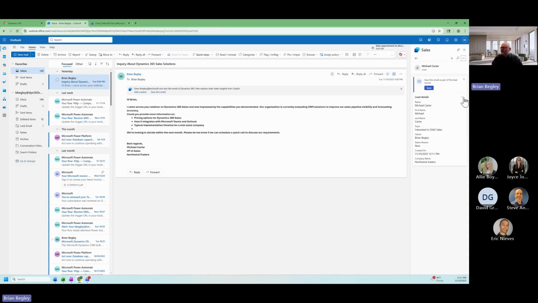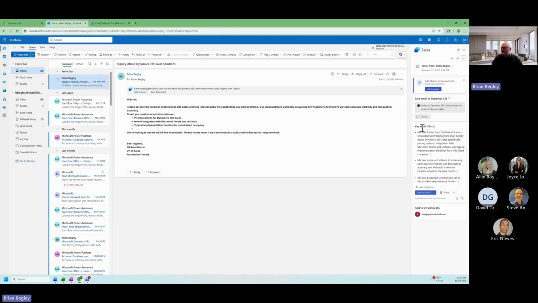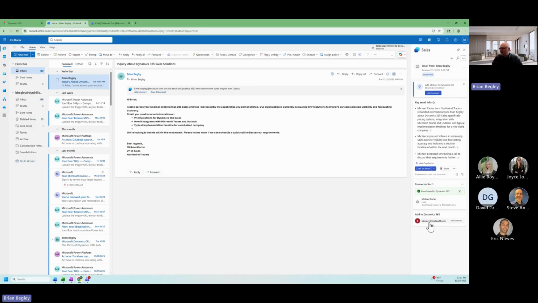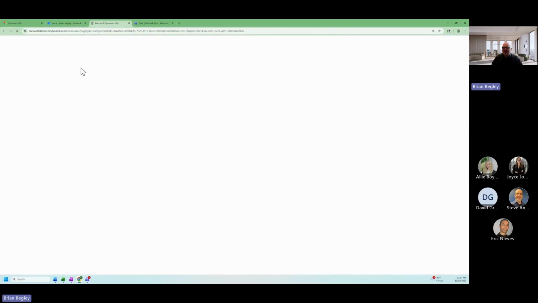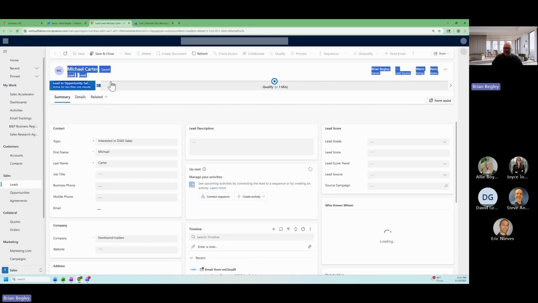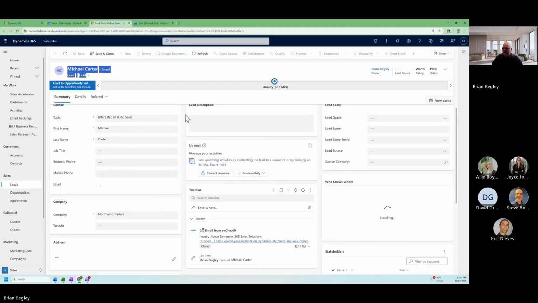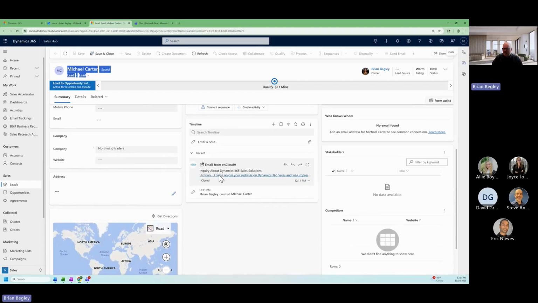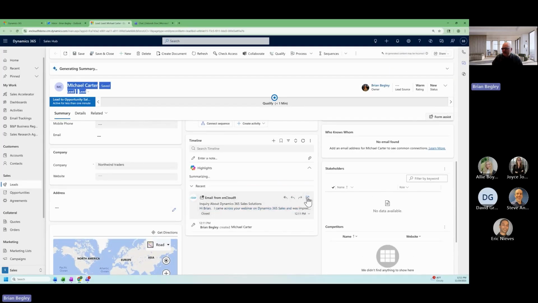And I can go from here. If I click on the three buttons here, I can move into Dynamics 365. Oh, but first I want to save this email. So now I'm saving a copy of this email into that lead that I just created. Now, what I want to do is if I click on the three dots here, open in Dynamics 365, it's going to open another tab for me, and it's going to show me the Michael Carter lead that I just created. It's going to show me that email is in here,